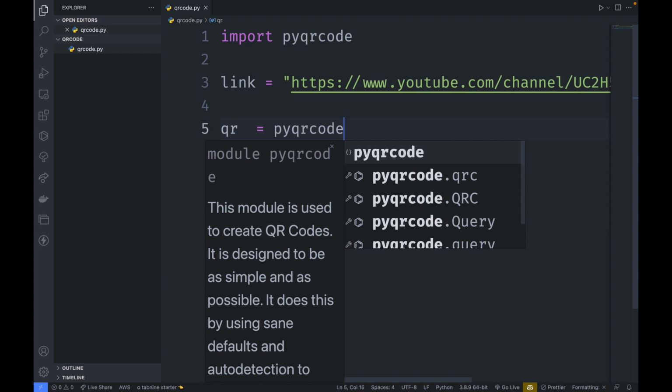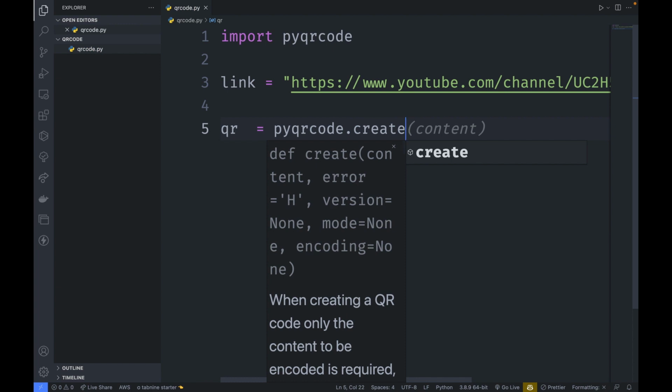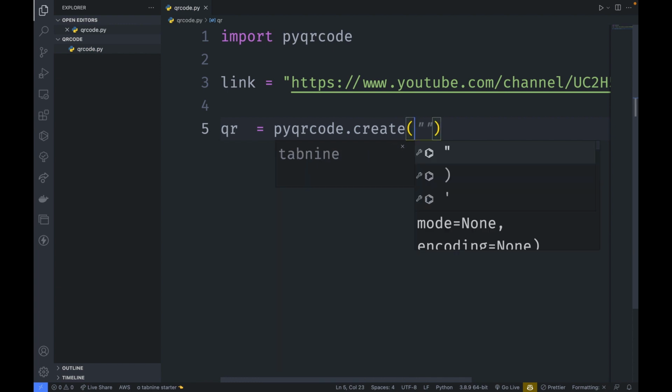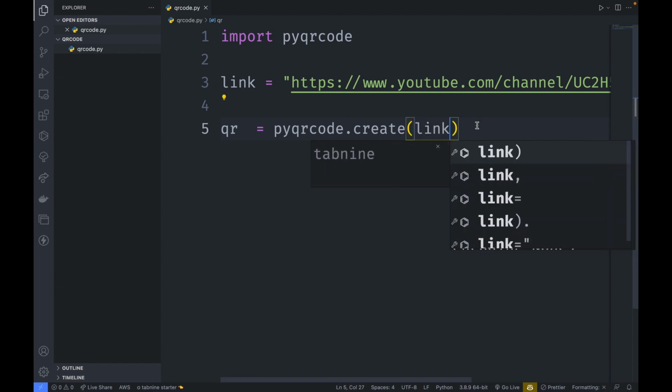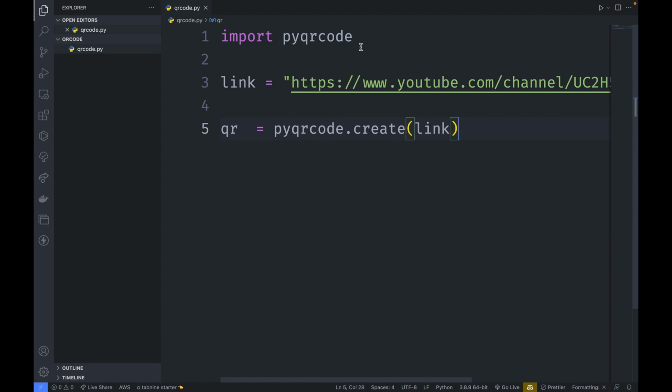So there is a method in this library called create. So I will tap on the create, then I will add the link to my YouTube channel. So now I've imported the code, I have a link to my YouTube channel, then I've created a variable called QR which holds the QR code that I've created.